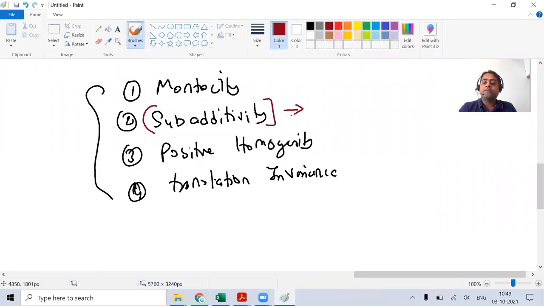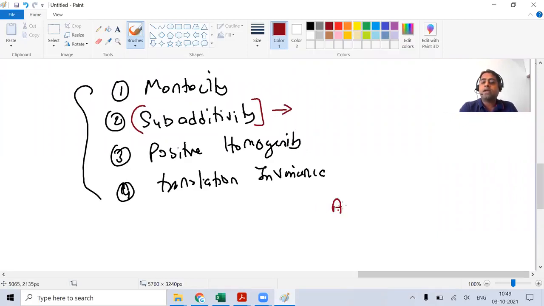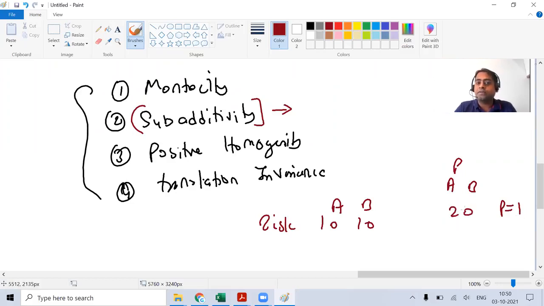What was subadditivity? I'm just giving you a quick reference. If I have two assets, both of them are having 10 units of risk. If I create a portfolio with A and B, including both of them, if the correlation between them is equal to 1, then the entire risk of the portfolio is going to be 20 because there is no diversification benefit. But if the correlation is less than 1, my risk of the portfolio should be lesser than 20, say for example 18. VaR was following this in the normal situation, but in a non-normal situation, this subadditivity property was not being followed properly. That was the major problem with respect to VaR. And hence we move towards expected shortfall because expected shortfall was having subadditivity.